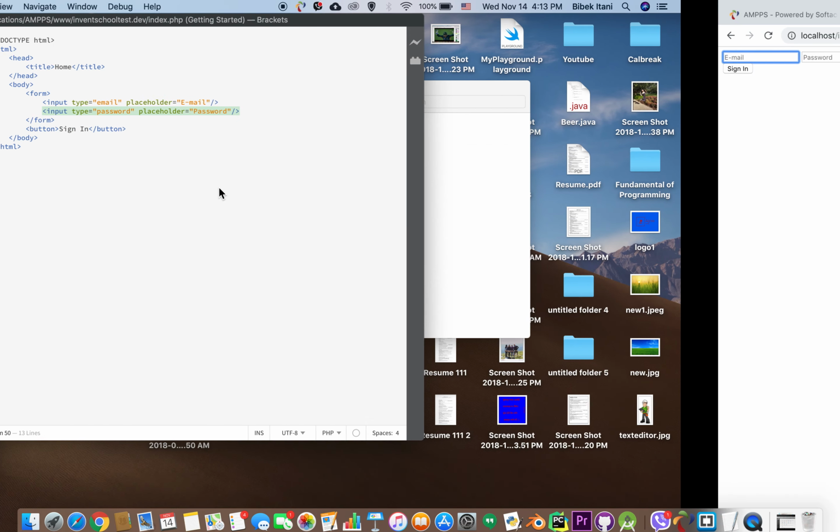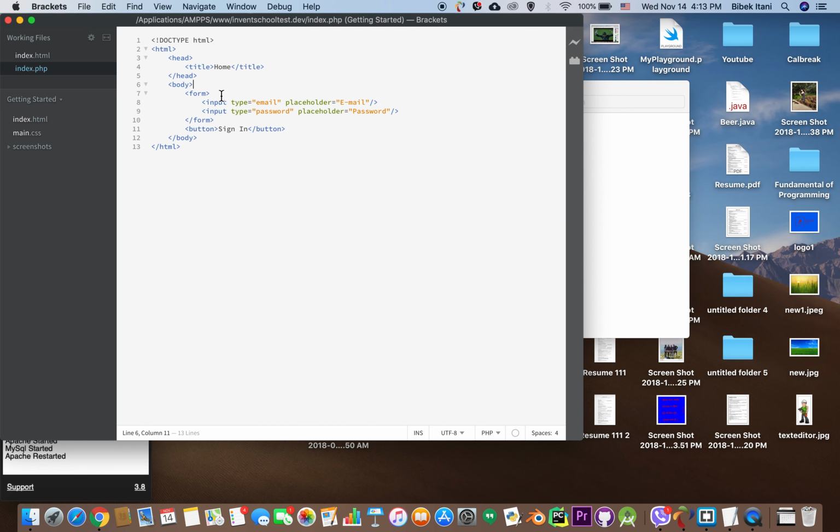field. One thing I also want to add is a div before the form, or you can even put it in the form, just a div tag, and just this tag will be used for errors. So this tag will display any errors for us. Okay, so this tag will be used to display whether our email was wrong or our password was wrong, and